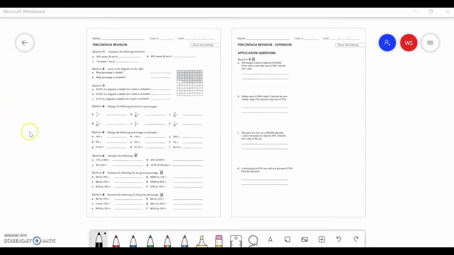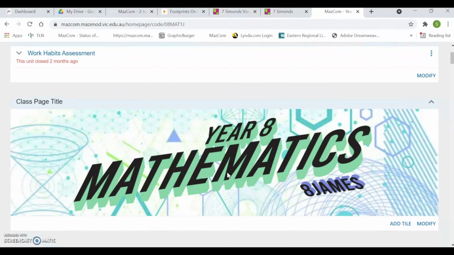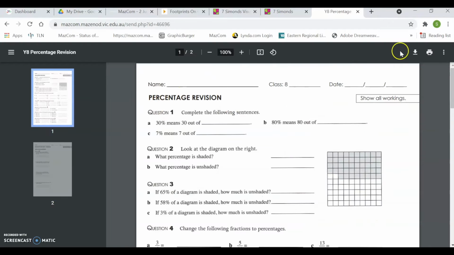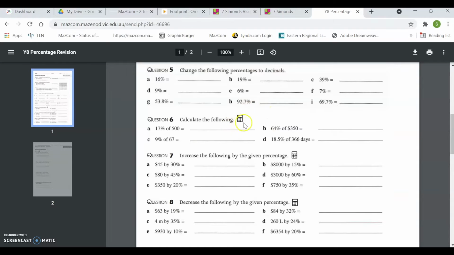So ensure that you have this worksheet up on the screen, which you can download from your MassCom page. On your class page, down by the right hand side where the files tile is, find the percentage revision worksheet. Click on that and download it. There are 2 pages to that, and you'll also need your pencil and your calculator. With the calculator questions, you will be able to see the calculator symbol. Right, so